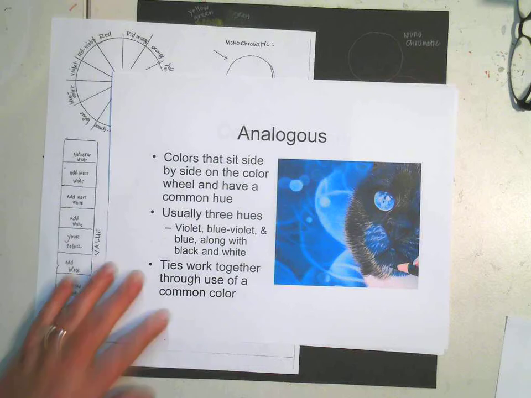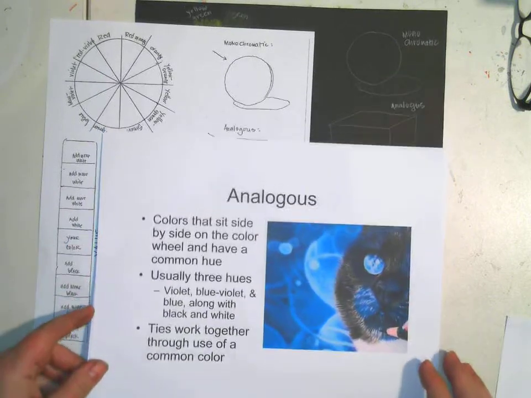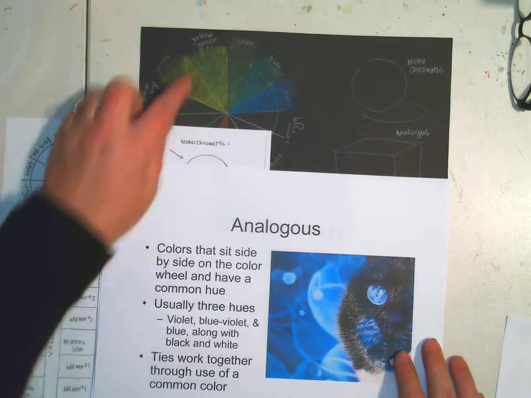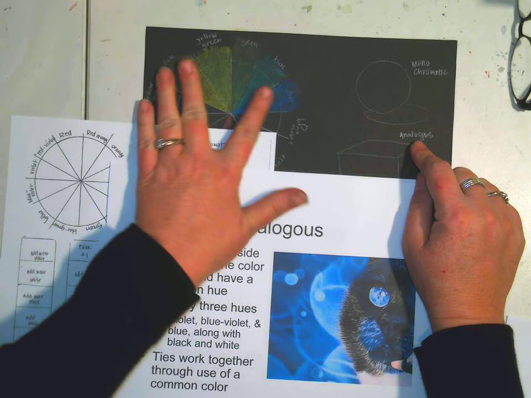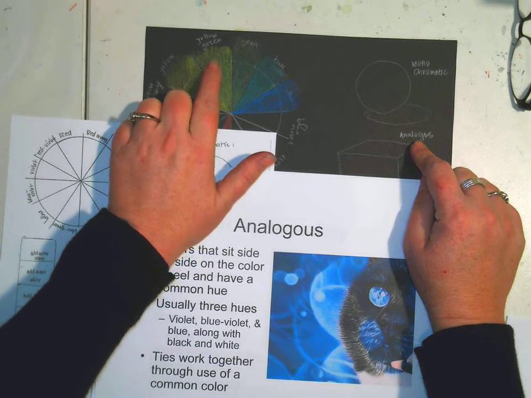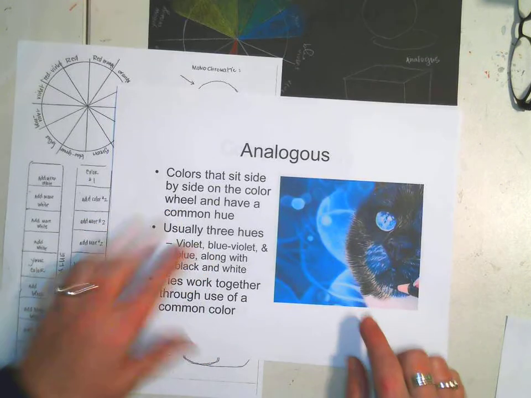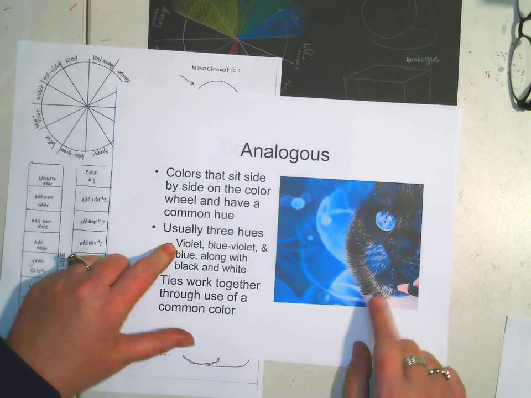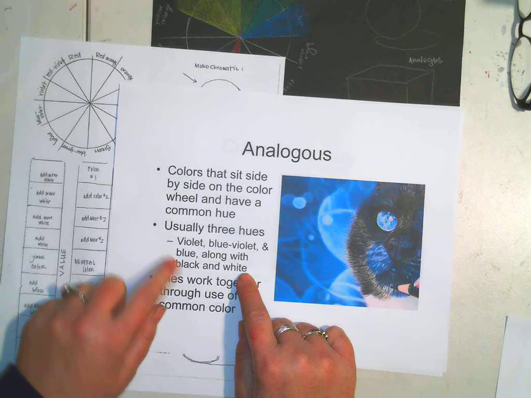An analogous color scheme uses colors that sit side by side on the color wheel, and they typically have a common hue. So if I were to look at the color wheel, an analogous color scheme would be yellow-green, green, and blue-green. I like to think of it like I'm really hungry and I'm going to grab 3 slices of pizza, so it's usually 3 colors. So in the example on this colored pencil, it's violet, blue-violet, and blue, along with tints and shades,